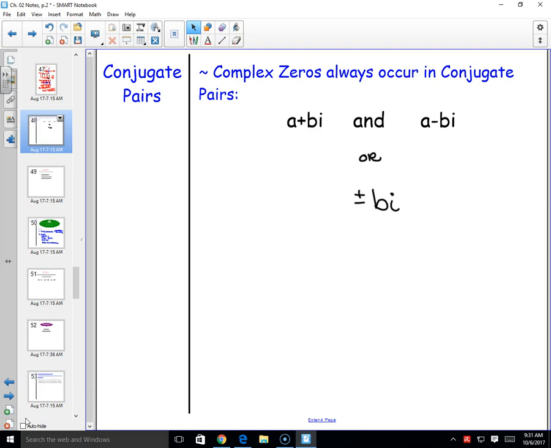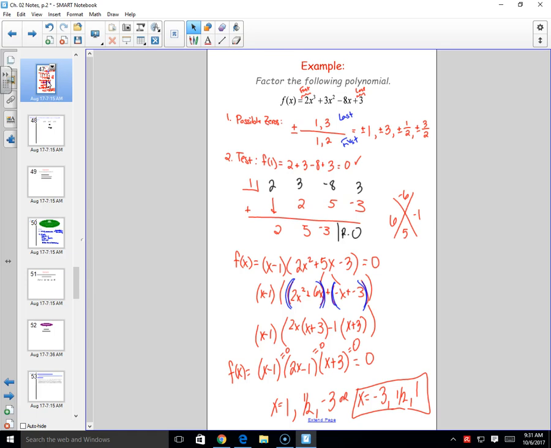We left off yesterday, we were doing some of these hard examples where they didn't give us clues and we had to find or figure out what possible zeros to start with at the beginning. And then start testing them, and as soon as we found one, we were able to break it down and then go ahead and either factor or find the zeros, etc. But